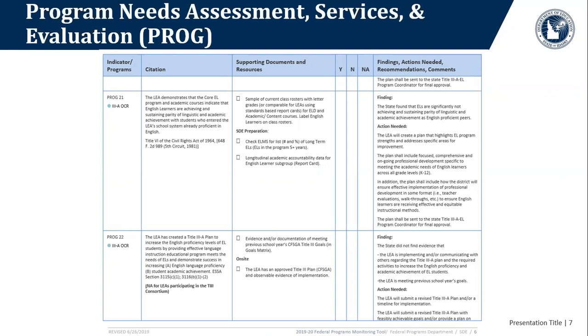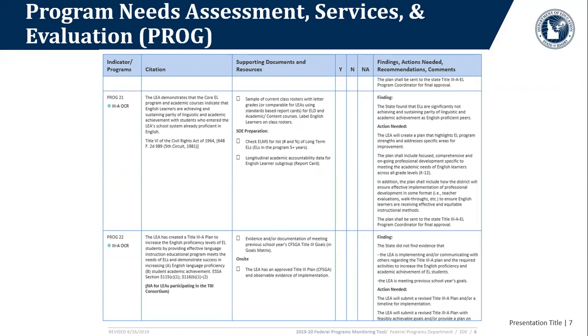I tell schools that it's important to survey a few areas in your LEA. So you might have 1 or 2 elementary level class rosters, a few in the middle school, and then a few in the high school. And you can make it a mix at the middle and high school of ELA courses, but also science and social studies. We want to see how your EL students are doing overall in all different content. So for this particular indicator, you'd want to add between 5 to 8 class rosters so we can have more data to see if students are achieving at parity.